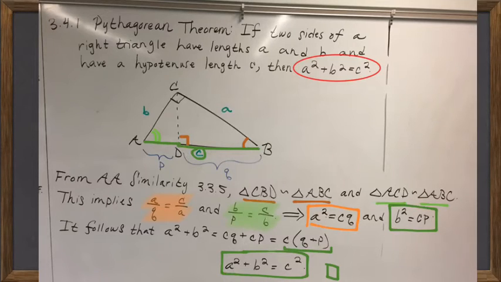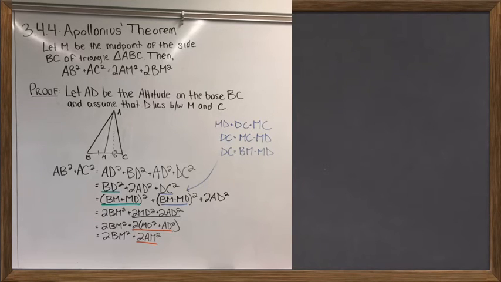Apollonius' theorem gives us a relationship between lengths in a triangle that's not necessarily a right triangle, but which we can prove using the Pythagorean theorem and discovering some right triangles in it. Apollonius' theorem can be used to find us a way of determining the length of a median in any triangle. So a median is just, again, a segment joining one vertex to the midpoint of the opposite side. So if in triangle ABC, I let M be the midpoint on the side BC, and then the median is the segment AM, then Apollonius' theorem is a Pythagorean-like theorem in the